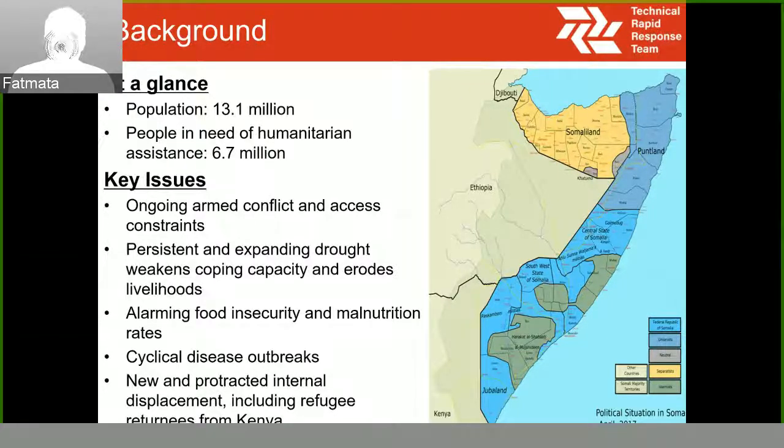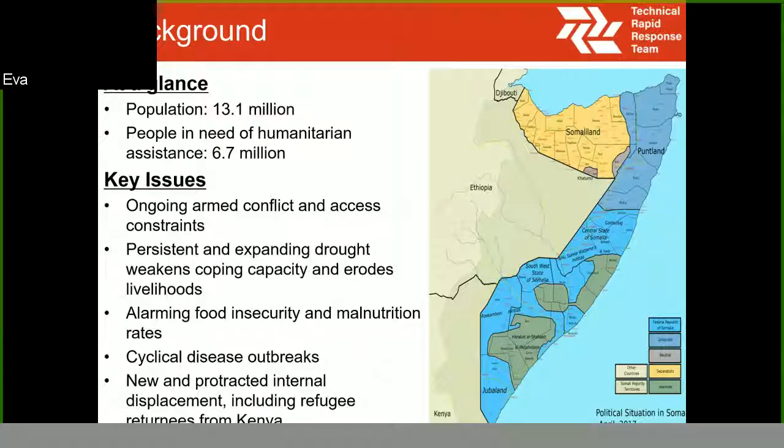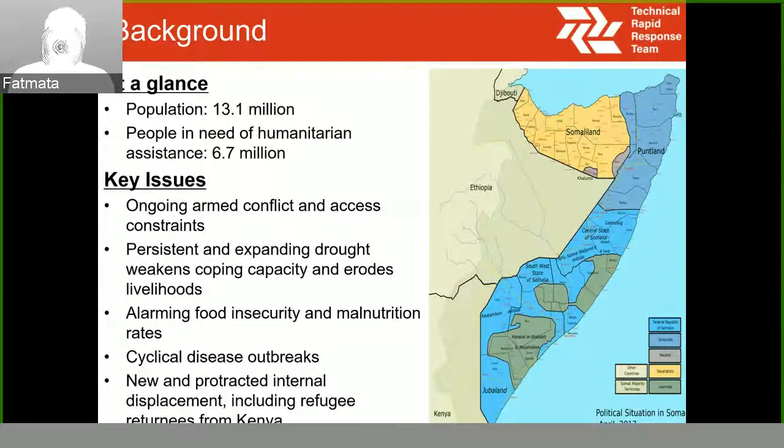There is also the alarming food insecurity and nutrition rates. Then the cyclical disease outbreaks, which include the AWDs, and the new unprotected internal displacements, which include the refugees returning from Kenya, from Dadaab. I'm sure most of you know Dadaab or have heard about Dadaab.